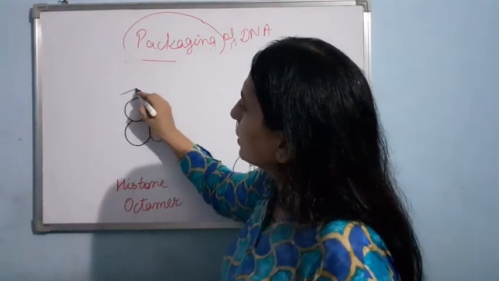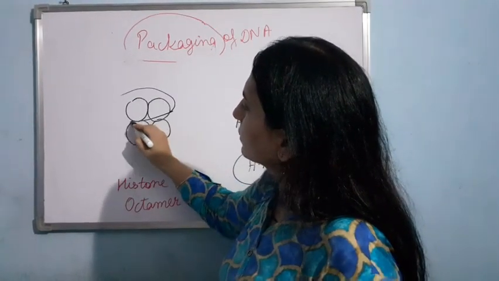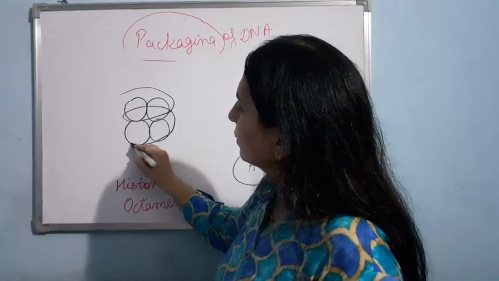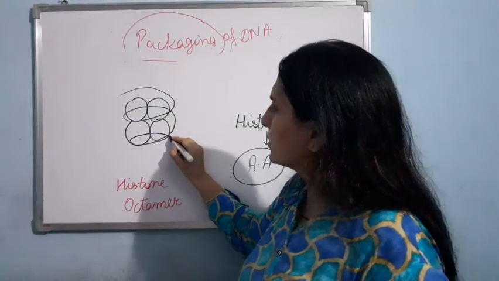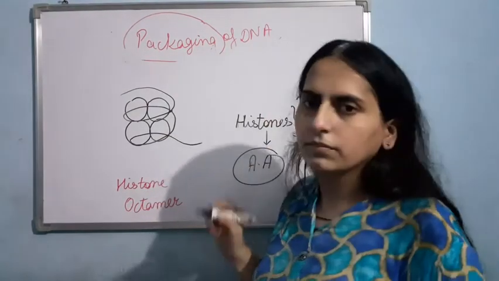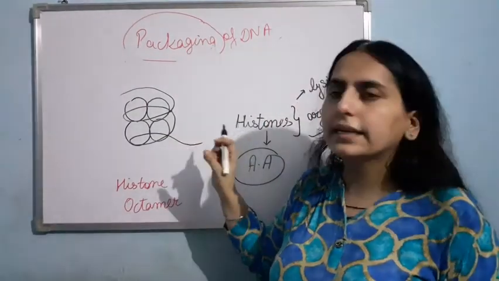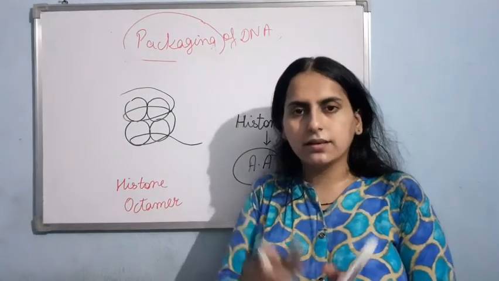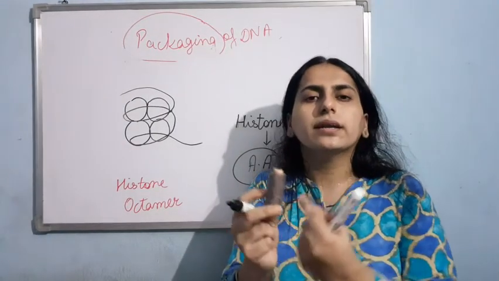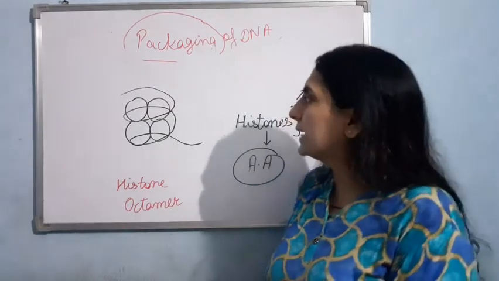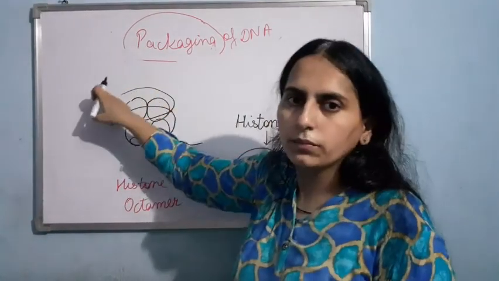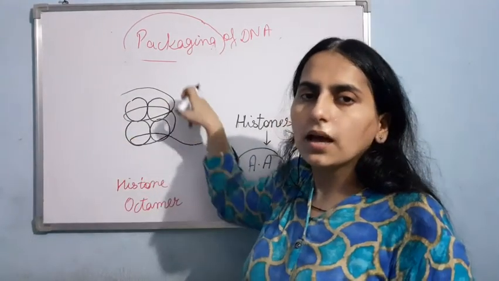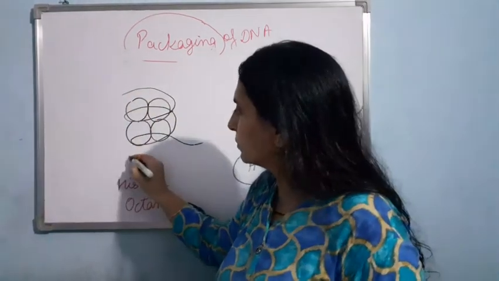Like this, DNA will come and wind over this. This is a 3D structure, so it will go at the back, like this, and then your DNA will leave. Am I clear how your DNA is wound? Just imagine this. Over the histone, your DNA is wound. And this complete structure is known as a nucleosome.